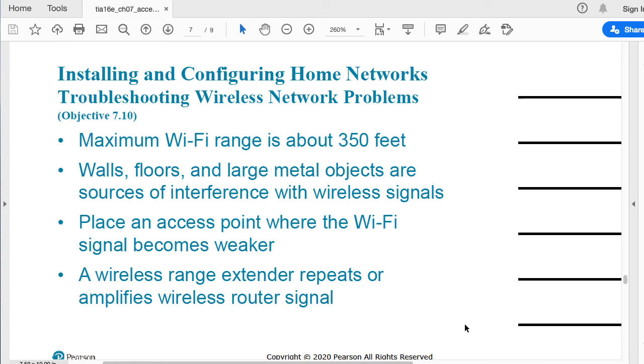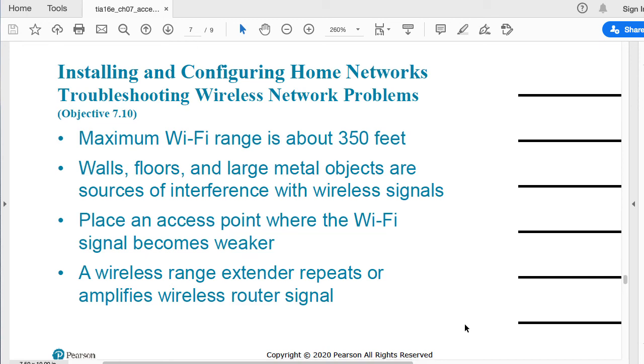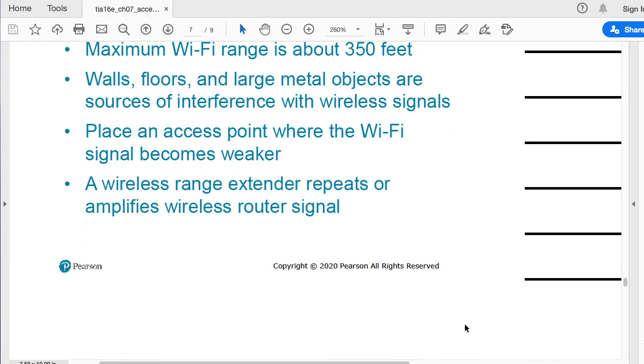What is it going to do? It's going to work at the same time as a client, as just another node, and as another access point. How? It will work as a client because it will receive the signal from your, let's say, main access point, but then it will repeat that signal, but stronger, to the other environments that you have in your place, right? So that is another good resource that wireless networks can give you.